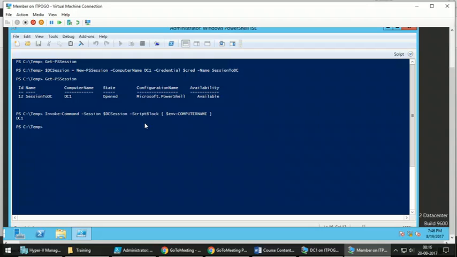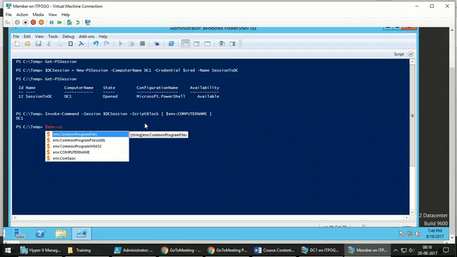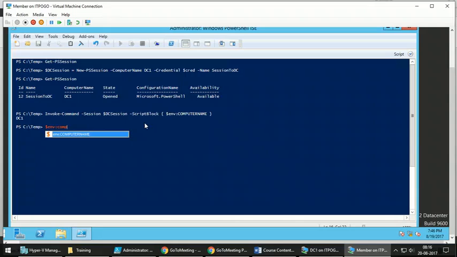If I run the same $env:computername on the local machine, I'm getting the name as member. But when I'm using this session object, so in previous examples, we did not use a session object.